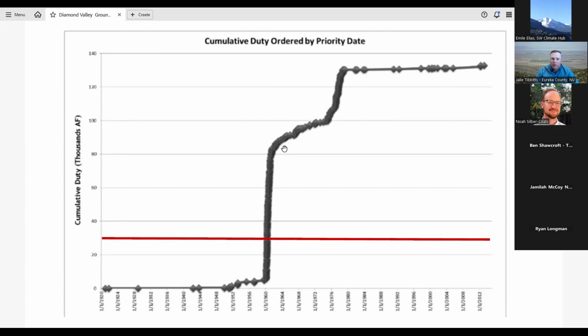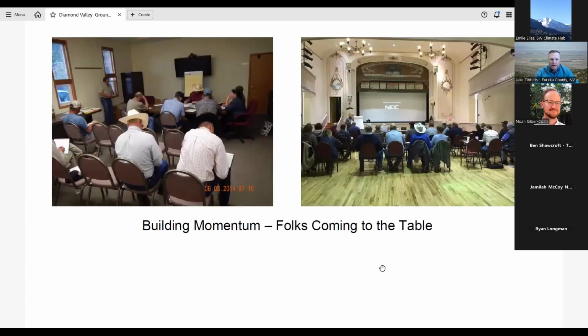And then there were some efforts by community members to come together and start informally talking about what they could do to try to reduce pumping in Diamond Valley. So this here is the slide. The photo on the left is those informal efforts, where a farmer group, a cooperative, came together and their members would meet periodically and talk about, hey, if we were to move forward with a plan, what could it have? But I wouldn't say it was an exclusive group, but there were fits and starts and different factions